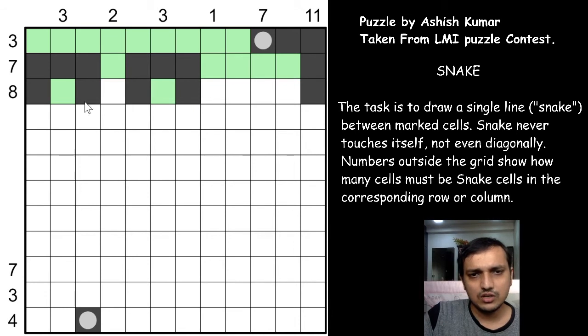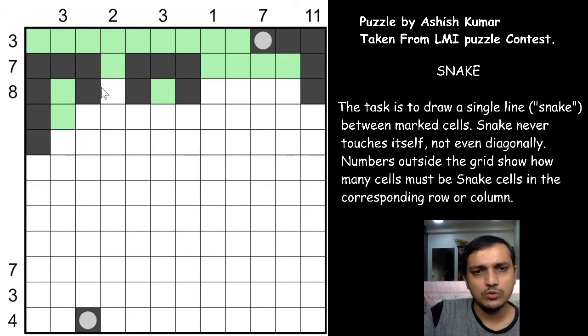Now as I said, these 2 points cannot touch diagonally, right? So I will mark this again, and the same logic which we use for the 2, this cannot meet here. If it meets here, you will again have one snake cell fulfilled and the other will either have 3 or 1. So how will we fulfill these 2? There is only one possible way to fulfill these 2. This snake point has to go towards the right by using both of the snake cells for the 2 together, right? It cannot use 2 snake cells at a different point. Both of the snake cells has to be adjacent to each other for the 2 to be fulfilled.